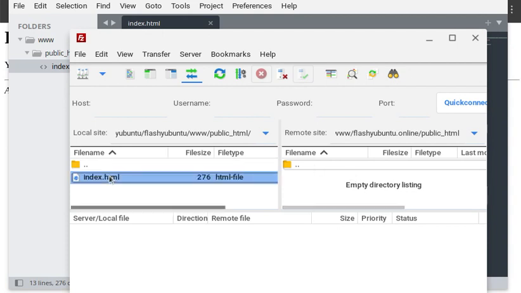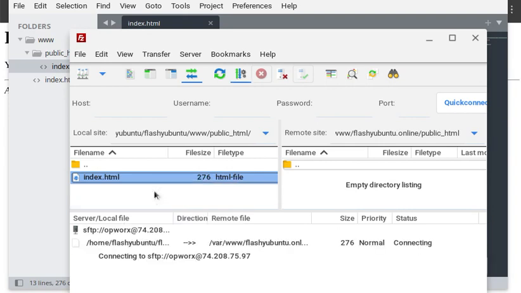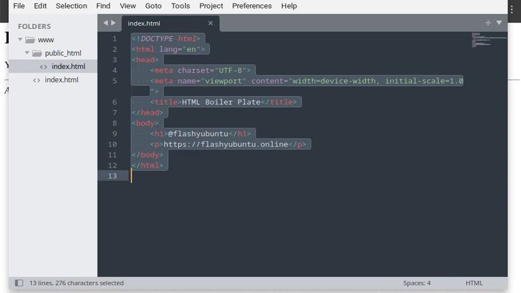Now to upload, we can either click and drag, or we can simply right click and click upload, and it just takes a second. Boom, that's it. We have uploaded our first page to the website, and we should now have a live web